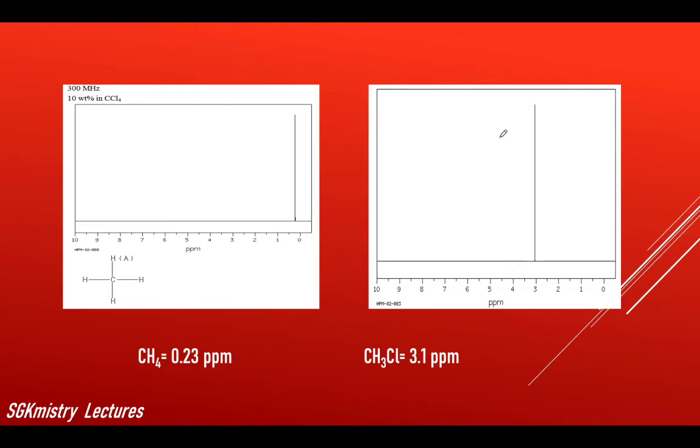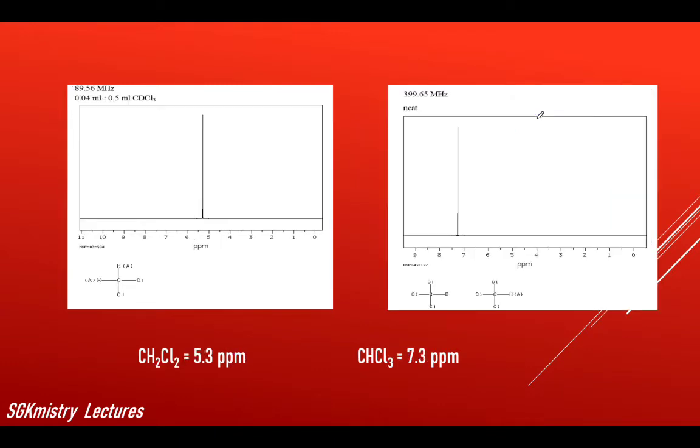So you can see the NMR spectrum of these particular molecules. For CH4, this is the peak. For CH3Cl, this is the peak. Next, for CH2Cl2, this is the peak at 5.3 ppm. For CHCl3, this is the peak at 7.3 ppm. So we can say, as the number of electronegative atoms increases, the signal will be slowly shifted towards the downfield